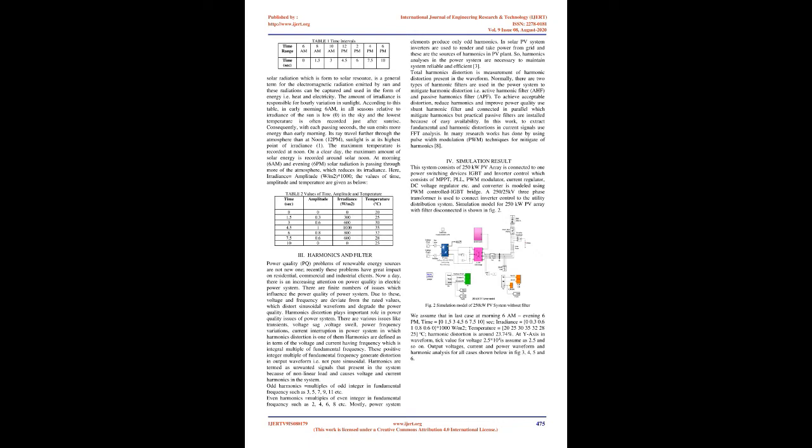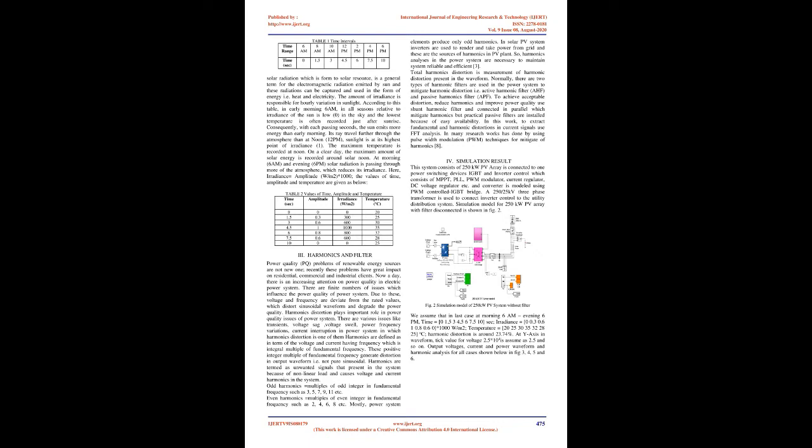Solar radiation, which is formed from solar resource, is a general term for the electromagnetic radiation emitted by sun, and these radiations can be captured and used in the form of energy, i.e. heat and electricity. The amount of irradiance is responsible for hourly variation in sunlight. According to this table, in early morning 6 am, in all seasons the irradiance of the sun is low, 0, in the sky, and the lowest temperature is often recorded just after sunrise. Consequently, with each passing second, the sun emits more energy than early morning. Its rays travel further through the